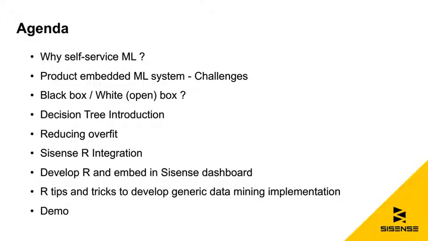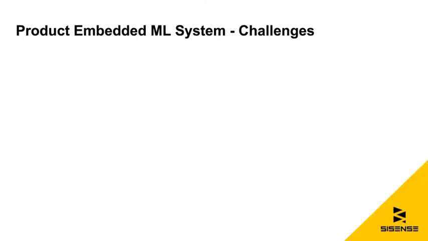We'll see how we at Sisense integrate algorithms in the Sisense UI. And also we're going to see some tips and tricks in our implementation to realize a decision tree model. Let's get going. So first of all, we have challenges when we try to embed an algorithm inside a product, which is usually consumed by unknown customers in varying environments, use cases, domains, and verticals. One of the first challenges that the data scientist in Sisense is encountering is,